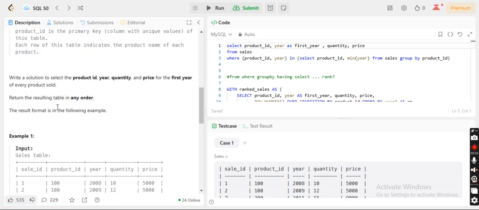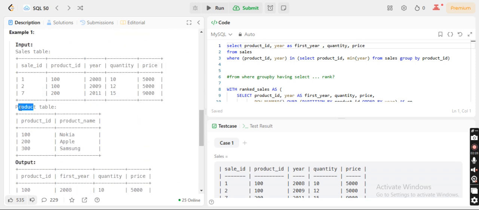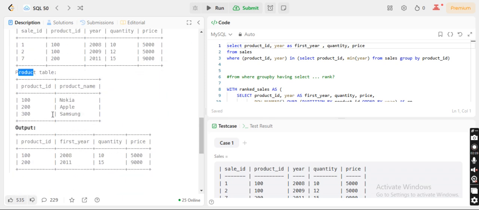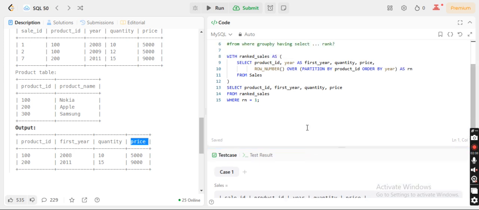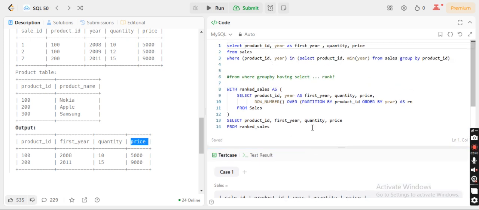In this question, we have a sales table and a product table. We need to extract product ID, first year, quantity, and price. You can see that I have solved this question in two different methods. One is this part, another one is this part.